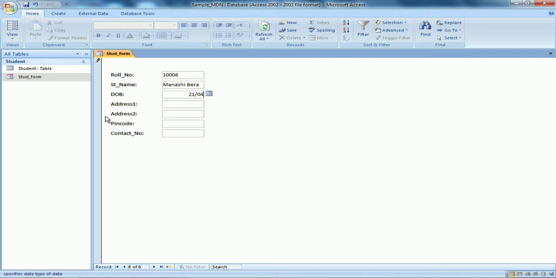Now a date symbol will come. I am entering records for each of the fields.